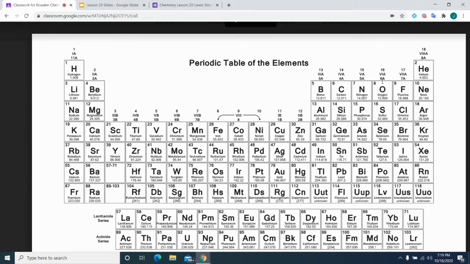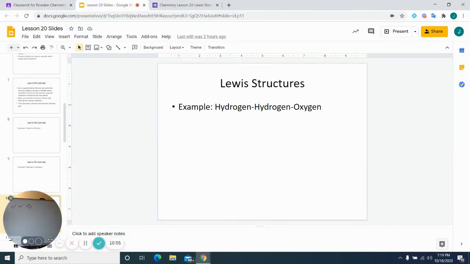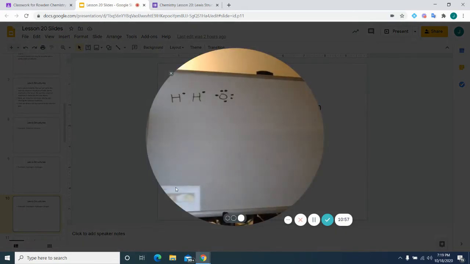Oxygen, O, all the way over here. You look up here, you see 6. It has 6 valence electrons. So that's how we know to draw 1 dot, and then 6 dots. So with this, I'll go over some tricks that'll help you when there's multiple